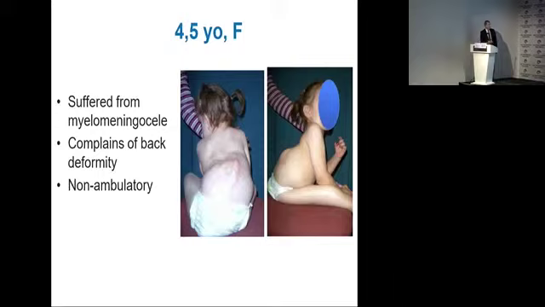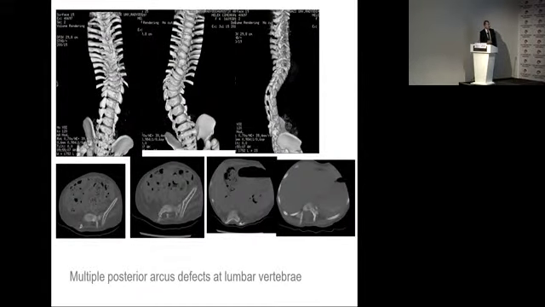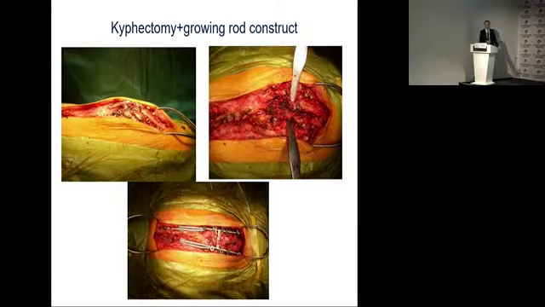She's a non-ambulatory paraplegic patient, and of course for this kind of patient it's easier to do operations because there is no dura. The dura actually ends at this level, somewhere here, in the upper lumbar spine. You can see the X-rays and lateral traction X-rays of this young girl. This is the 3-dimensional CT scan. You can see that there are no arches, especially in the lower lumbar spine, just skin and subcutaneous tissue together within the canal. So if you open this, you can easily do your osteotomy. It's like a femoral osteotomy actually. It's not that